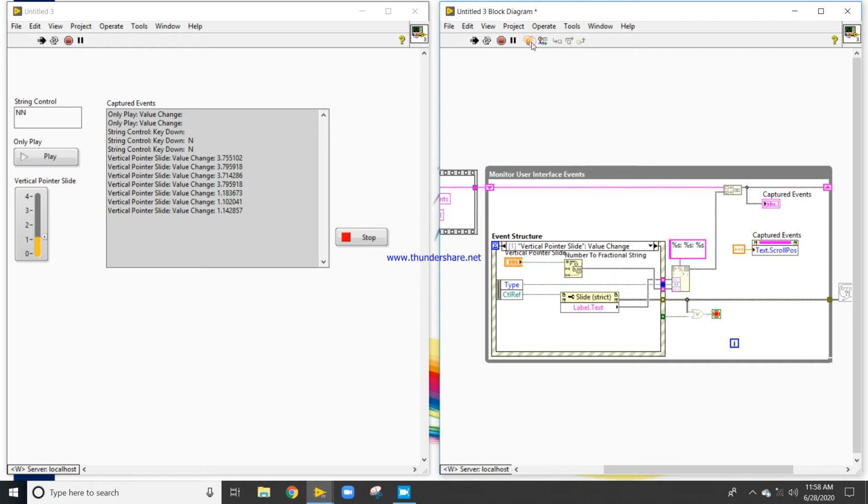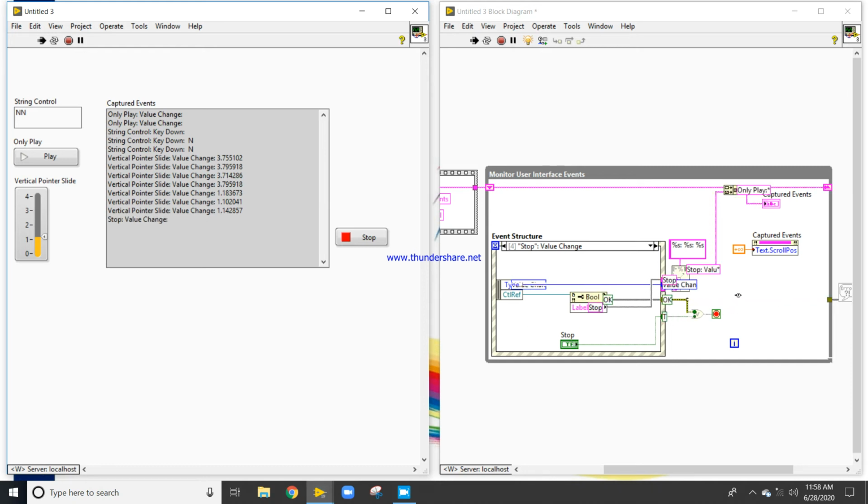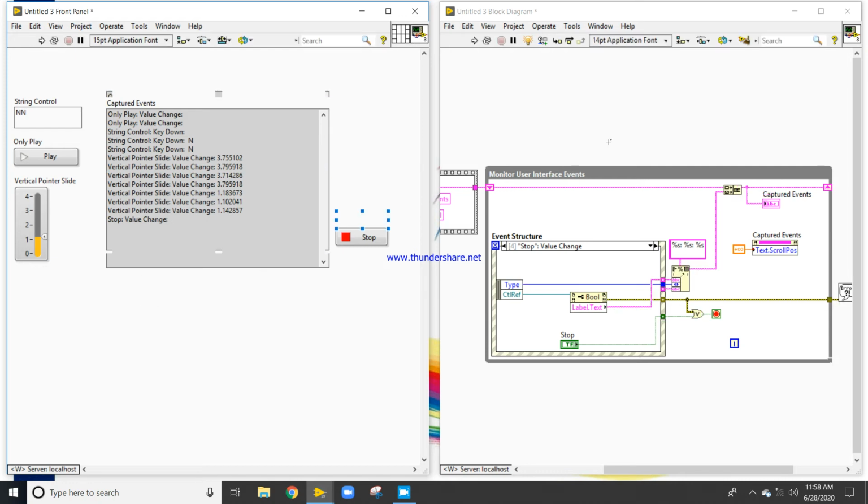What will happen when I press the stop button? Let's see. It will go to the stop loop, and it will give the time to complete the last execution and stop. Now I am going to change some logic in this program.